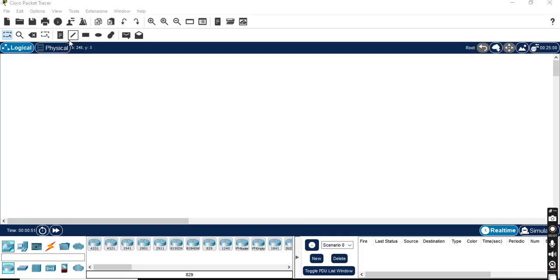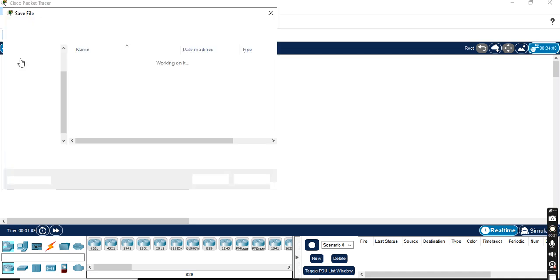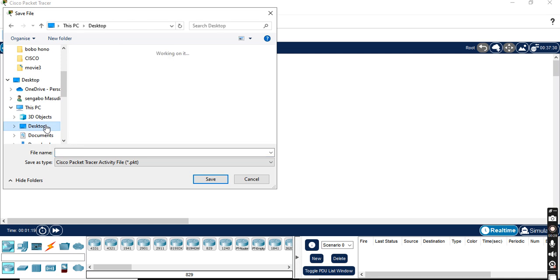Hello everyone, in today's lesson we are going to talk about how to create a VLAN. As we have seen before, first of all, if you are going to do any project on Cisco Packet Tracer, you have to save your document in order to protect it. When the computer shuts down, you will not lose your data. So I'm going to save my project on the desktop, and we are going to call it VLAN because we are going to create a